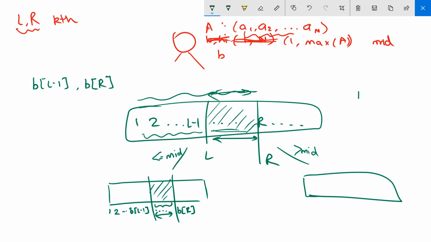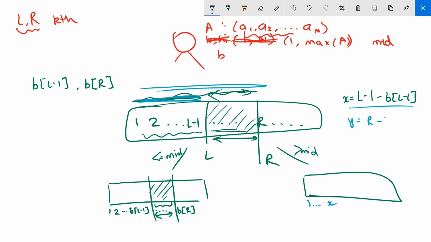So from the first L minus 1 elements, B of L minus 1 came there. So the remaining, let this be, let's say, X. So these many entries came to the right from the first L minus 1 elements. Let me change the color for the right hand side. So from the first L minus 1 elements, these many entries came to the right subtree. Fine. And from the first R elements, how many came to the right subtree? Let that be R minus B of R, because from the first R entries, B of R go to the left. So the remaining came to Y. The remaining came to the right. So that is over here.